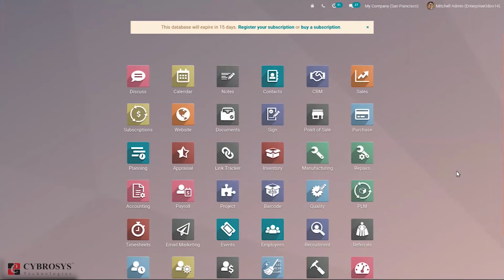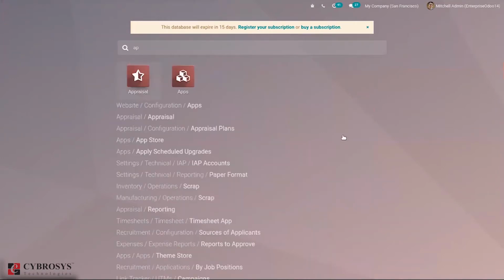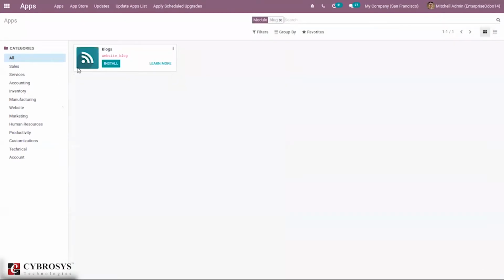So, today let's discuss how to create blogs in the Odoo 14 website. That is, to create blogs and add blog posts. For that, we have to install a module from the App Store. When you open Apps, close the Apps filter and search for blog, you can find a module here that is used to create a website blog. So just install this from here.